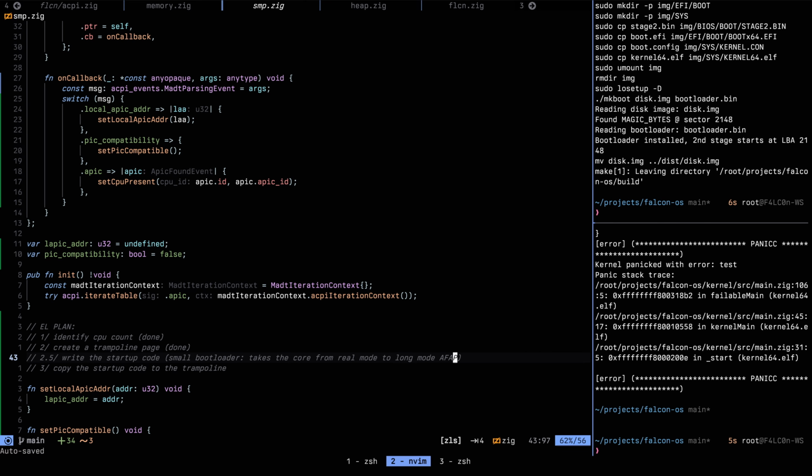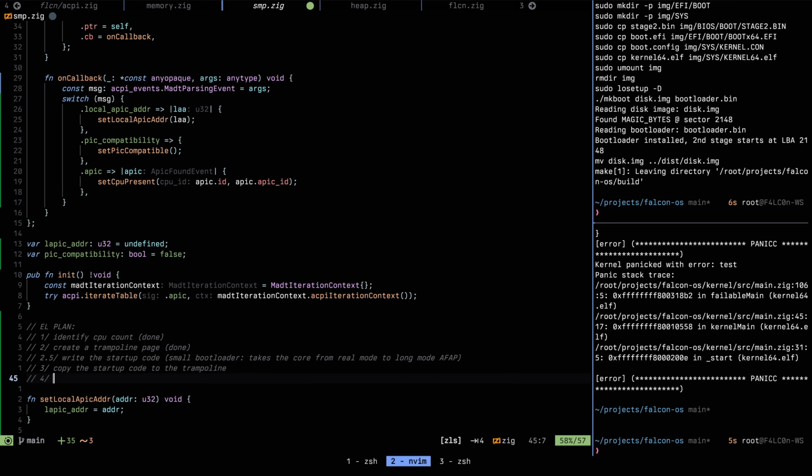Right, and then when we get to long mode, we need to jump to a special path in our kernel